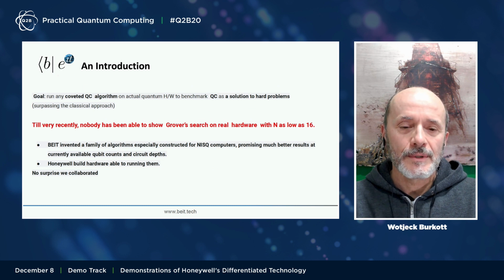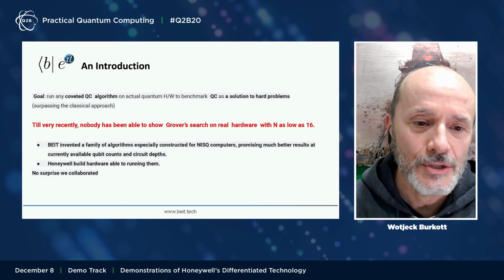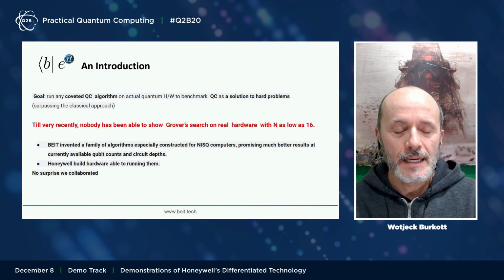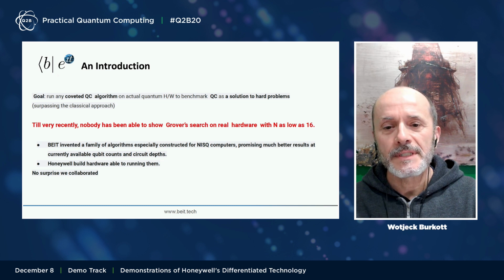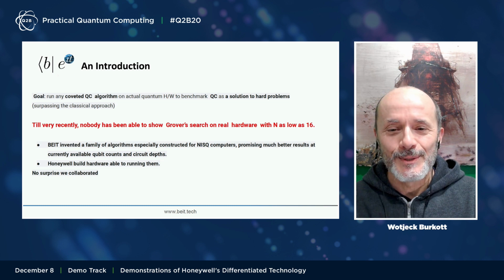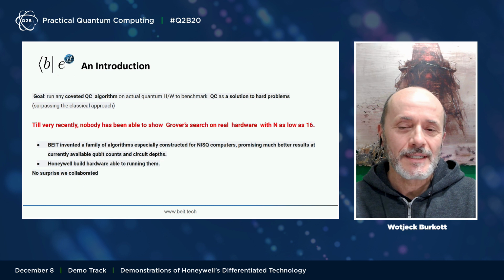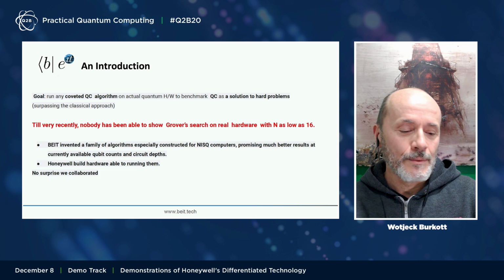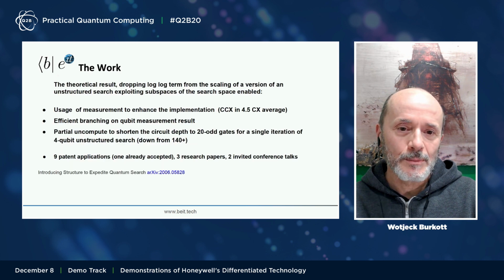We started with the previous implementations on superconducting qubit machines, and up until very recently, the best you could do to show any advantage over the classical solution was all of 3 qubits: 3-qubit search, 8 states, 1 marked, and you are able to find this one state with a probability better than what you could achieve classically. We were able to run up to 6-qubit search